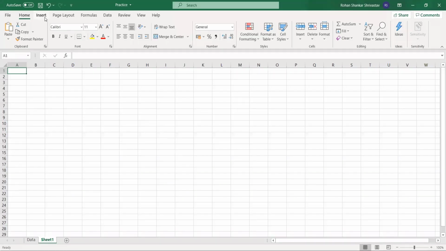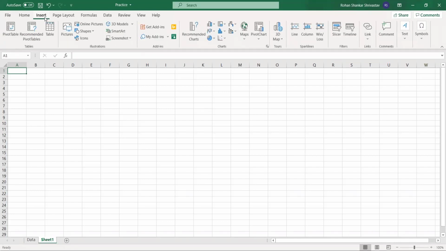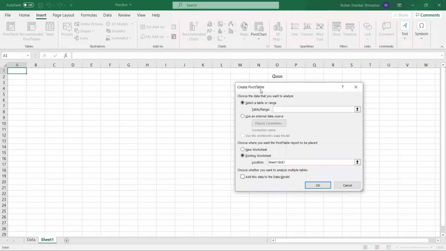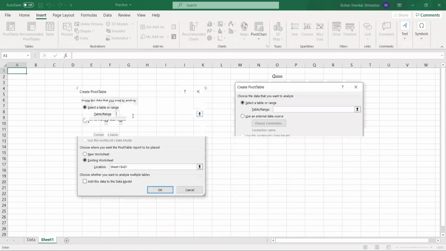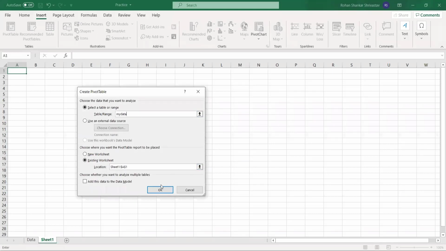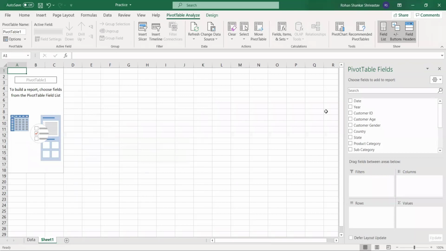Let's go. So here you have a new sheet. You just click on Insert and then you see Pivot Table. You click on Pivot Table and it asks for a table or range. Here you can just put my data, the name that I gave before, and immediately you'll see on the right side all the columns of your data. And you have these four different segments. Just let me know once you are at this stage, then we'll go forward.